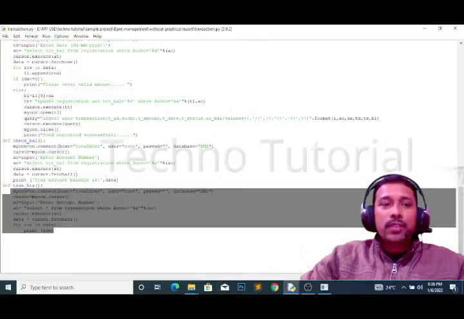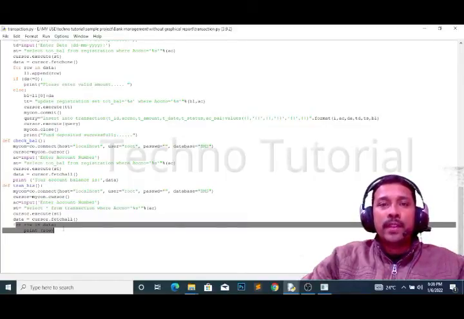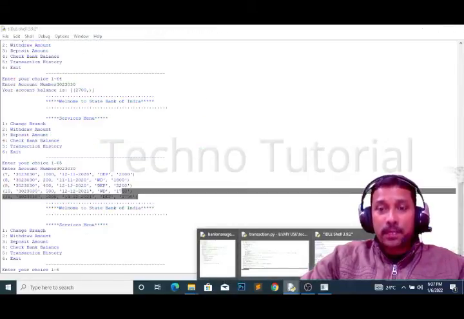That means you are going to retrieve all the transactions from the transaction table by giving the account number, which account number has done these transactions. Okay, so that is why it is select star from transaction where the account number is this. Only that particular account's transaction history it will retrieve, and it will display line by line. Done. Transaction history also done. So here we have finished this transaction or services part also.